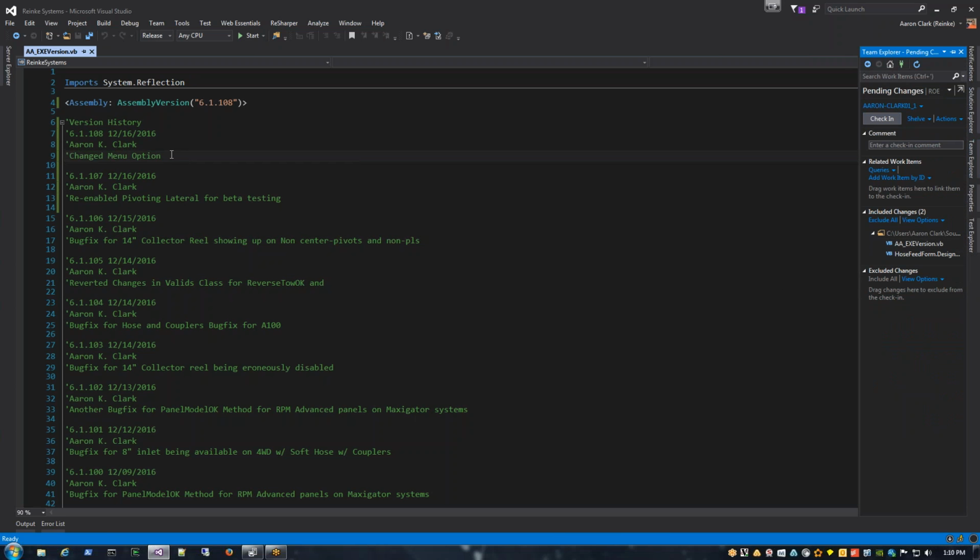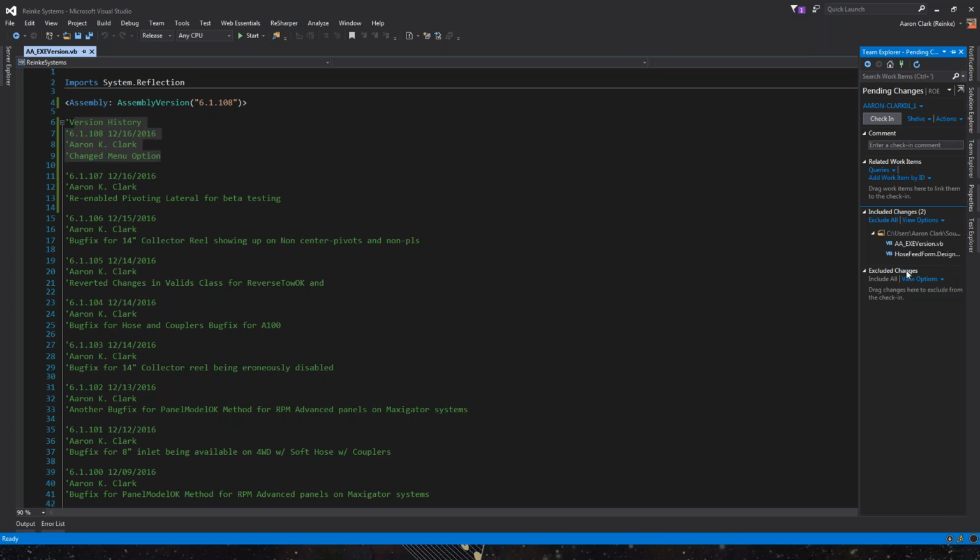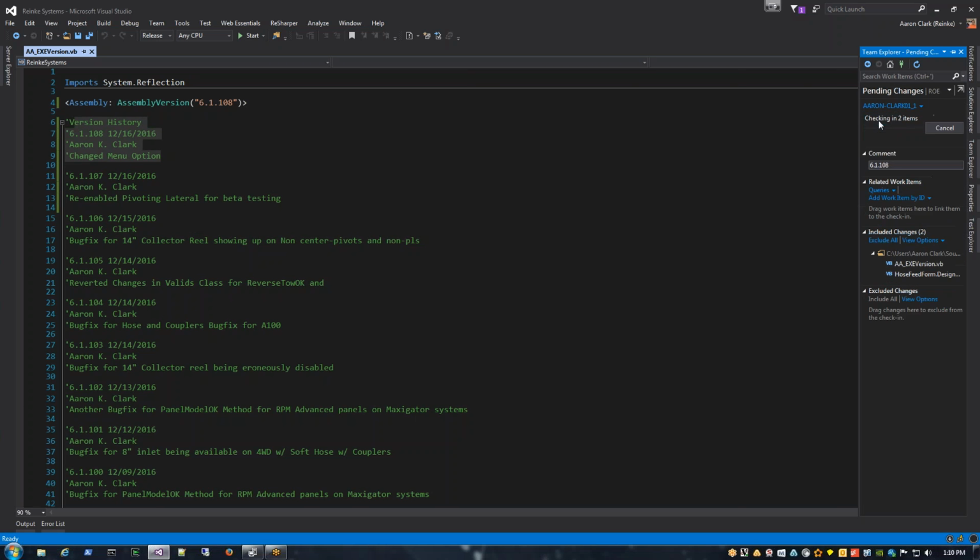the assembly version. So as you can see, I added a version history in this file, changed the assembly version to 108, and I have what I changed in the included changes as well. So when I check this into TFS, I'm just going to put in this as the comment to know that it goes with this binary, and I hit check-in. Now once check-in is complete, it'll give me my change set number, which I'm going to need for the next